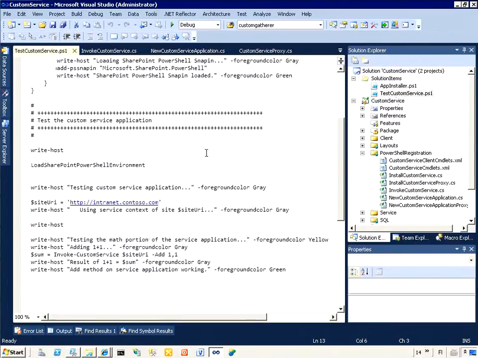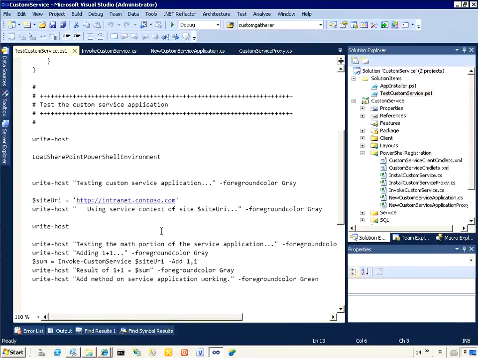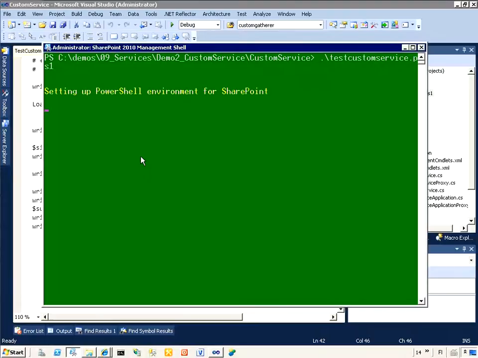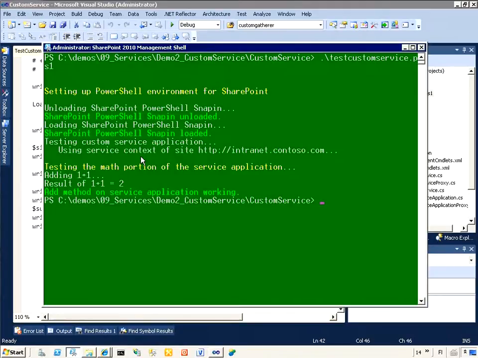We're able to run this invoke command from the PowerShell script itself by providing the site URL, the operation, and the two numbers to be calculated against each other. This is for initial testing of the service application, to make sure that it actually works before we start using it in web parts and so on. Executing the test custom service PS1 script starts testing the functionality. In this case it's calculating 1 plus 1, and we can see that the end result is correct